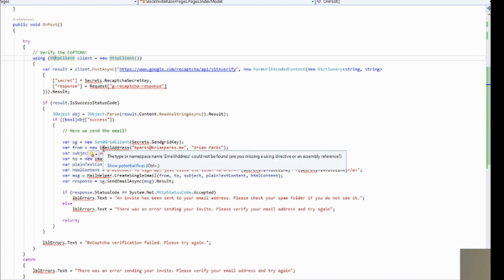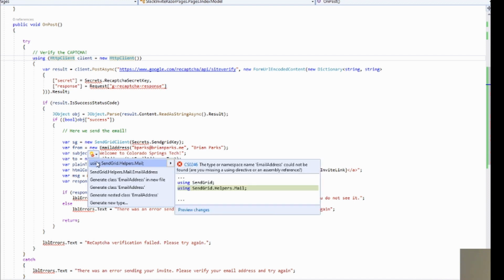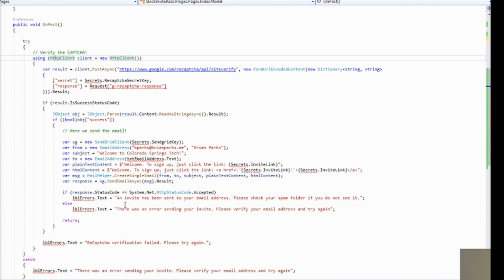Now we need to add it using for email address. It's also in the SendGrid package, but it's in a different namespace. All right, so now everything that we have left is secrets, request, and